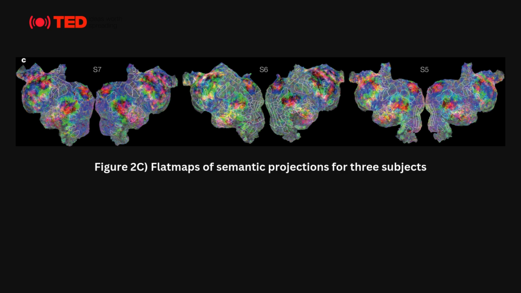Figure 2c shows a flat map of these projections for 3 other subjects, highlighting the remarkable consistency of these semantic patterns across individuals. This consistency could be the result of innate anatomical consistency, or alternatively, the result of common life experiences between subjects. With these dimensions and categories in place, the team then created a semantic atlas of the cortex